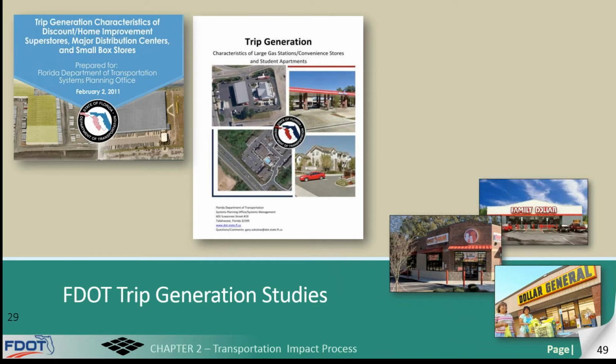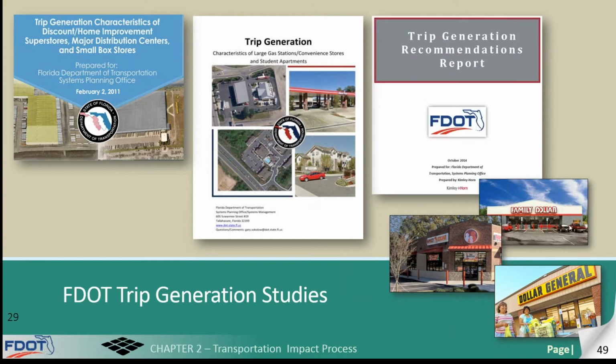Something new for us at DOT after a really long dry spell since the 1970s, we're now actively involved in original trip generation research. Since 2010, we've looked at a number of emerging land uses. We have looked at convenience markets with gas pumps, and as many of you probably know, the entire industry of convenience markets has changed to a much larger store and more fueling positions than ever. During the economic downturn, one of the rising stars, and that's economically speaking, were those establishments known as small box stores, as you see here, the Dollar Generals and Family Dollar.